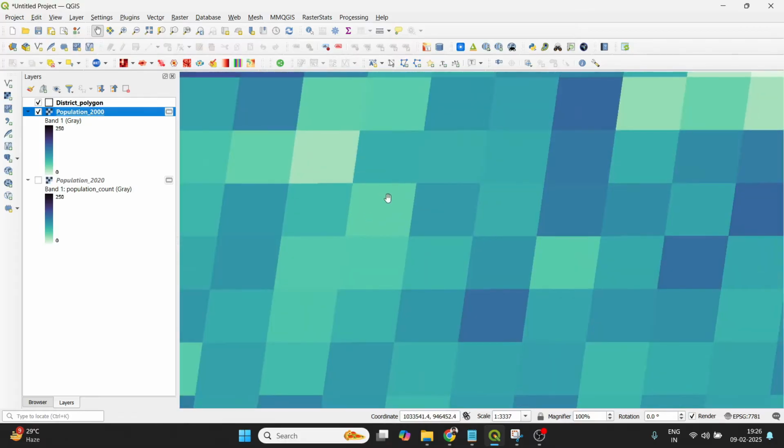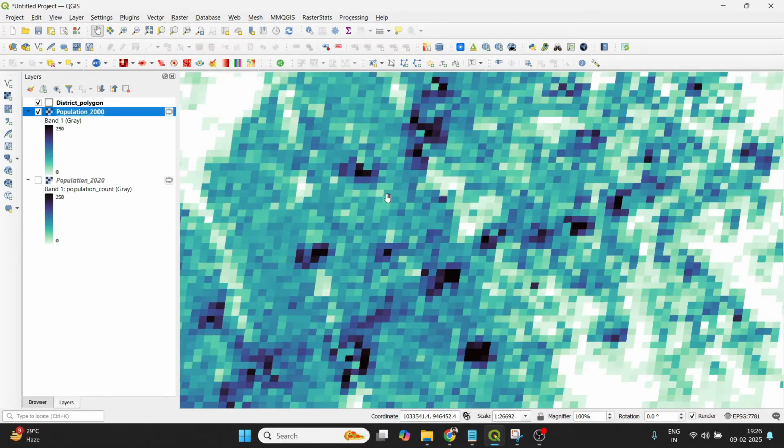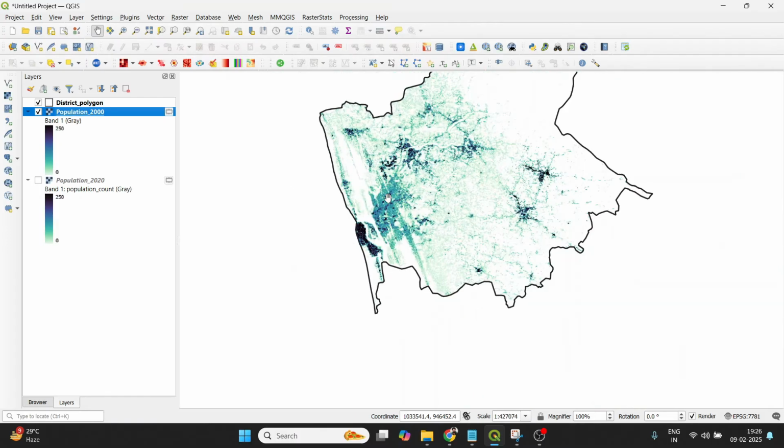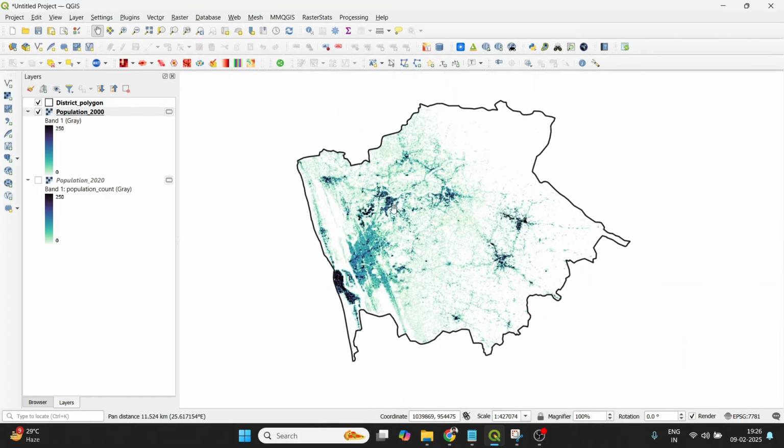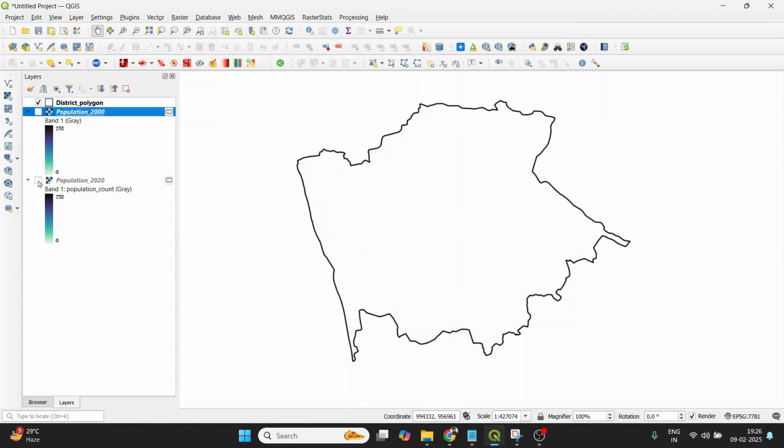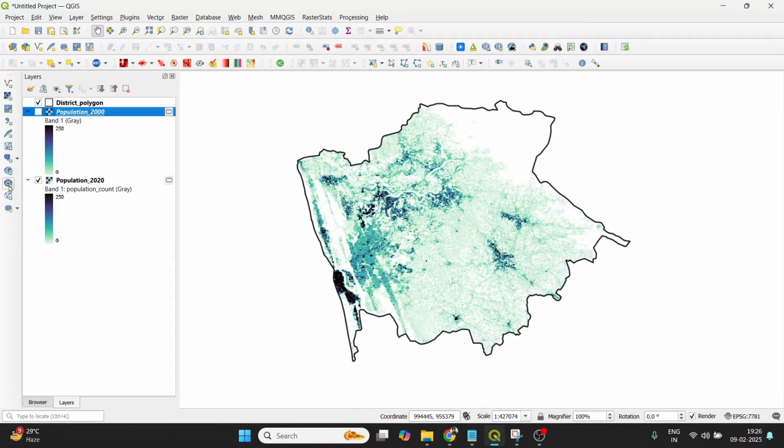So each pixel will tell you how many individuals are inhabiting that particular area. And this is in 2000, and if you look at the situation in 2020, you can see the changes. If I keep on clicking, you can see how the population grew in different directions